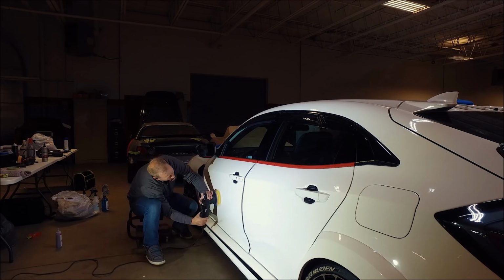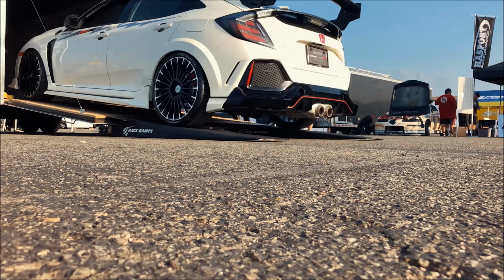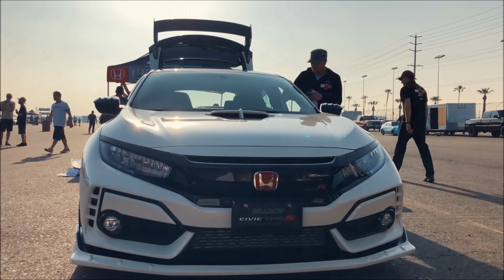My name is David Patterson. I'm from O'Burke Car Care, located in Wisconsin. This car was a project around 2 years ago. In 2019, myself and Connor Harrison detailed this car for an event in Fontana, California. At that time, it was the IBOC meet in